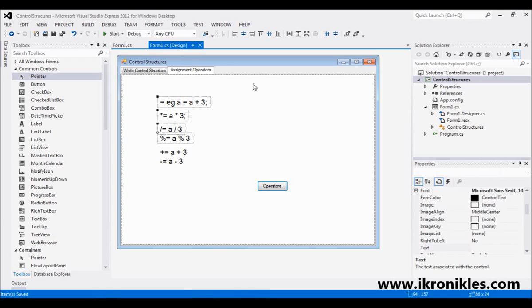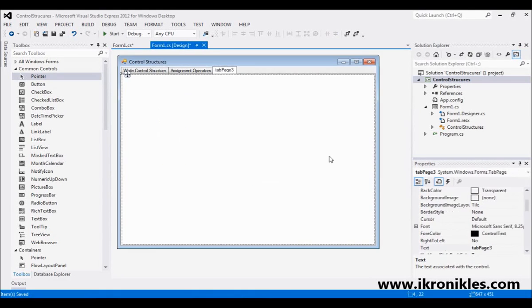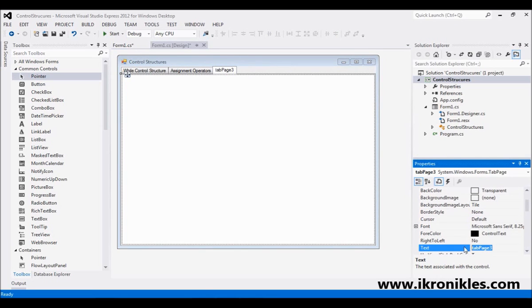Ctrl C and create a new tab. Click the smart tag to create a new tab. I'm going to add one more tab and name the tab. Select the white tab, and click rename the tab as